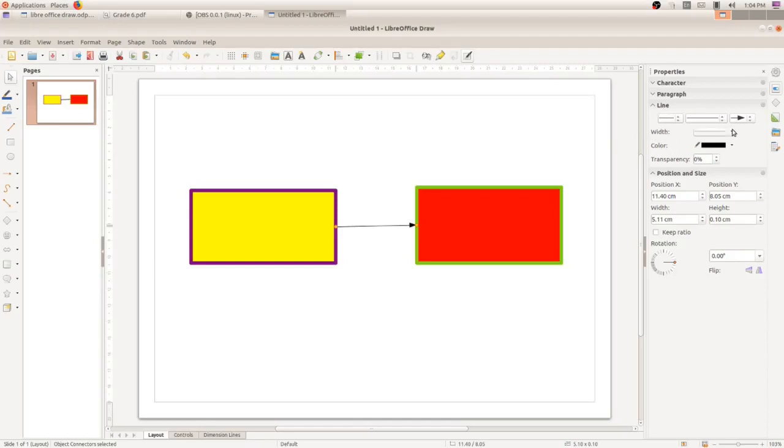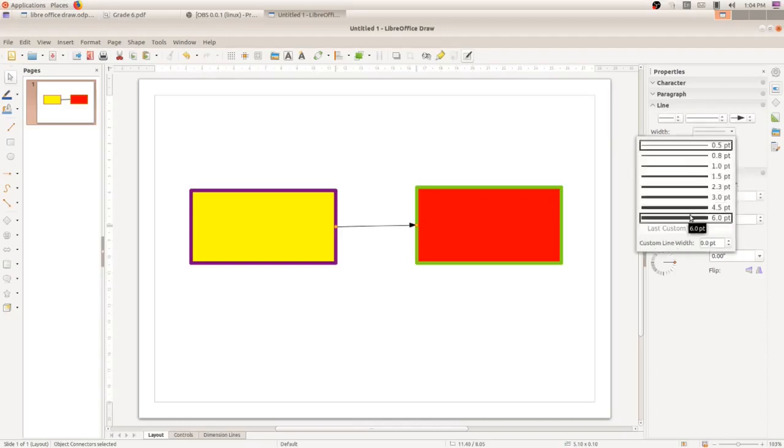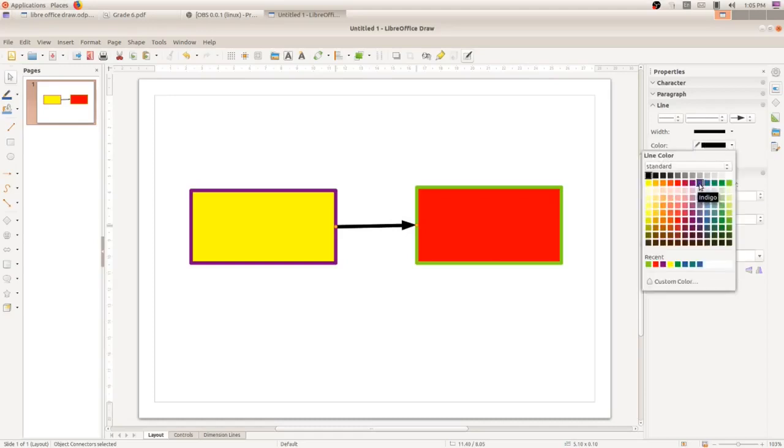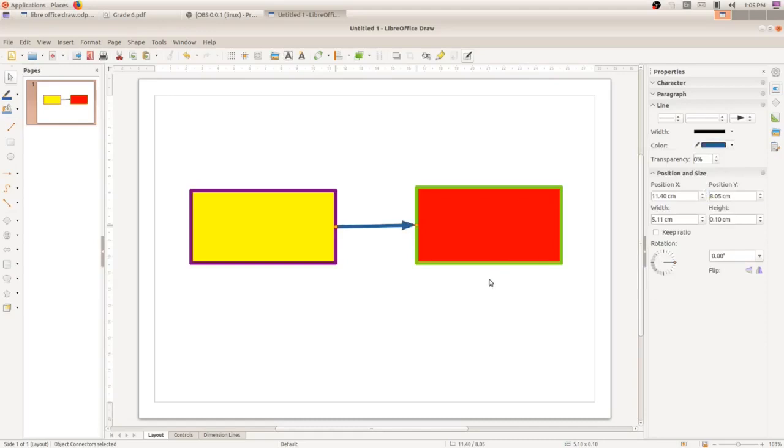I am going to increase the width, and the width of the connector will increase. Now the color is black, and I am going to change it to blue. So the line color tool can be used to color the connector and also the border of the shapes.